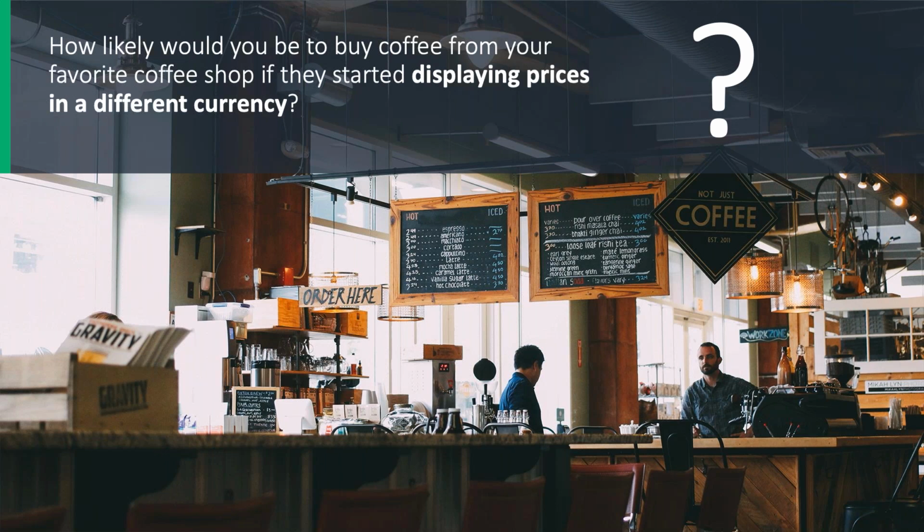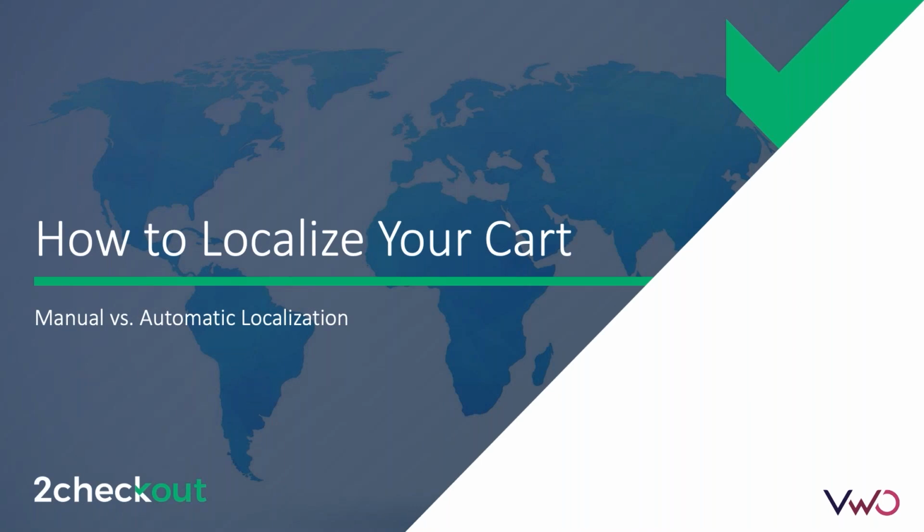Now that we agree on why we want to localize the card, let's briefly discuss how to actually do it. And it can be done in 2 main ways. For the sake of keeping it simple, I will call them manual localization and automatic localization. However, do keep in mind that both of them are somewhat automatic, since they both rely on detecting the user's location at some point or another. You don't really want to ask the user which country they are from before entering your website.